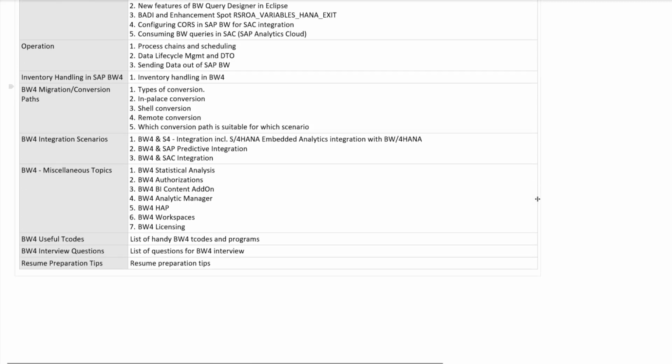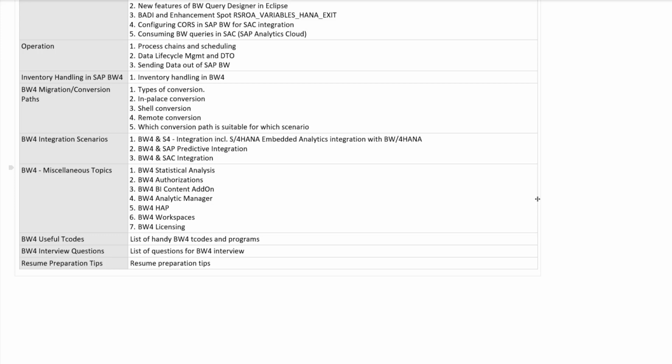Then I'll also cover some miscellaneous topics such as statistical analysis, which was previously called standard content, 0TCT. That statistical analysis has completely been revamped and it is now completely based on CDS views. So we will look into the details of that. Then I will cover BW authorizations, the BW/4HANA BI content add-on, where we will see the different standard content, how the LSA++ based standard content looks like.